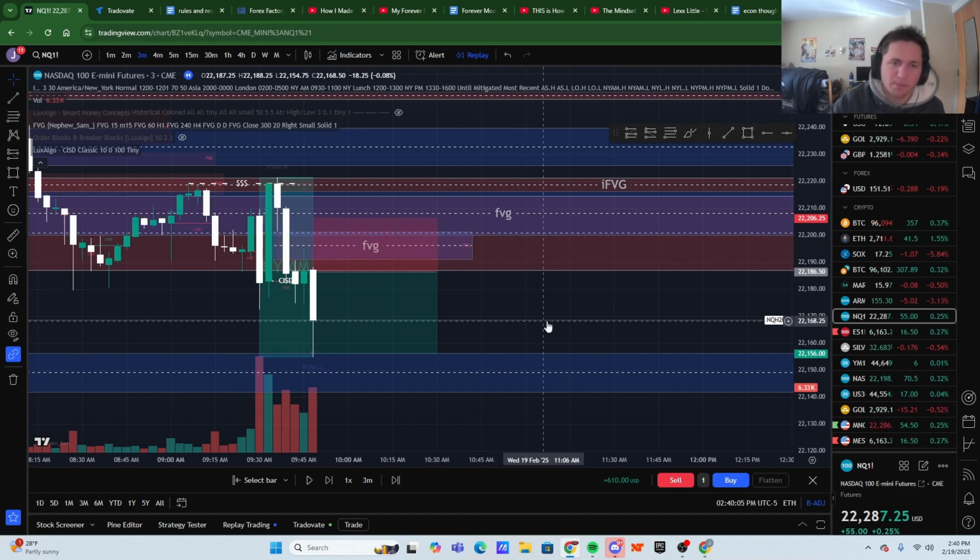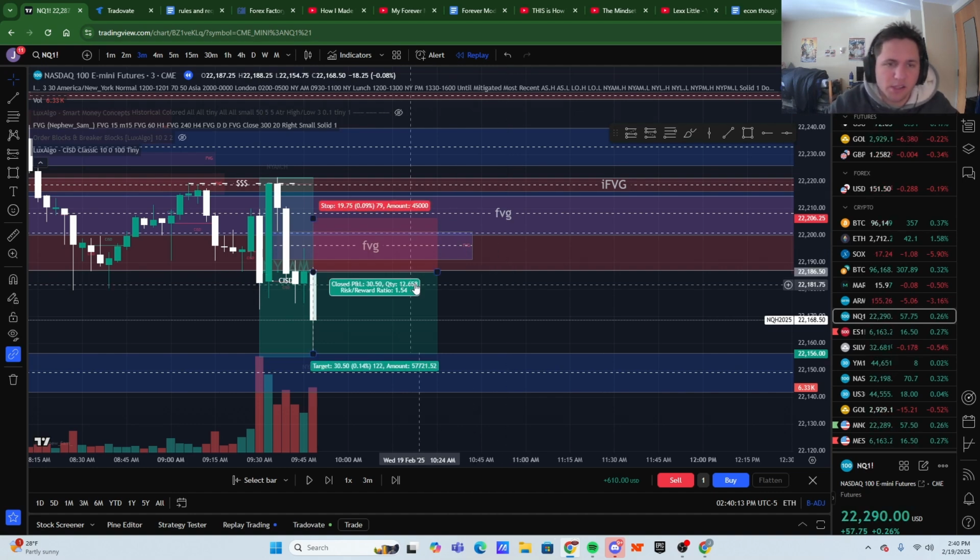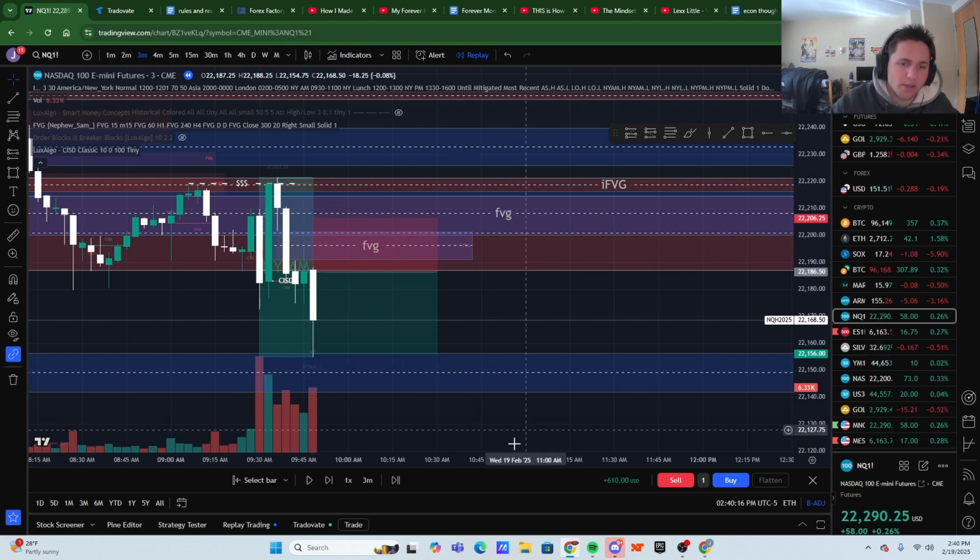So today was a pretty messy day price action wise, but remember that the market is always trying to seek out liquidity and rebalance inefficiencies. So if you do that, you find a nice lower time frame model that agrees with your higher time frame, you're still going to win trades almost all the time.